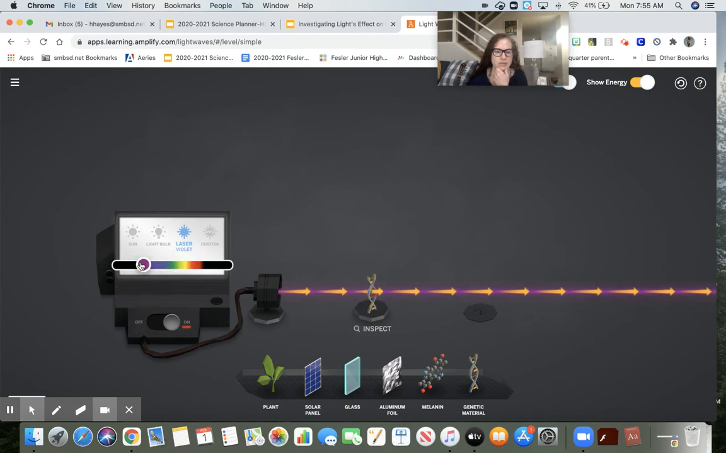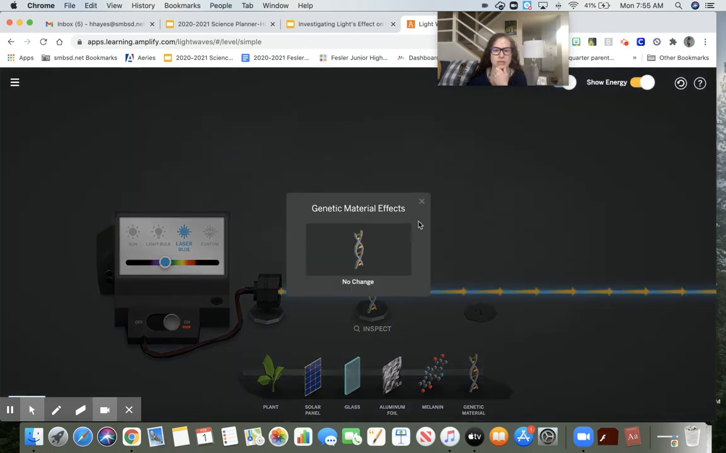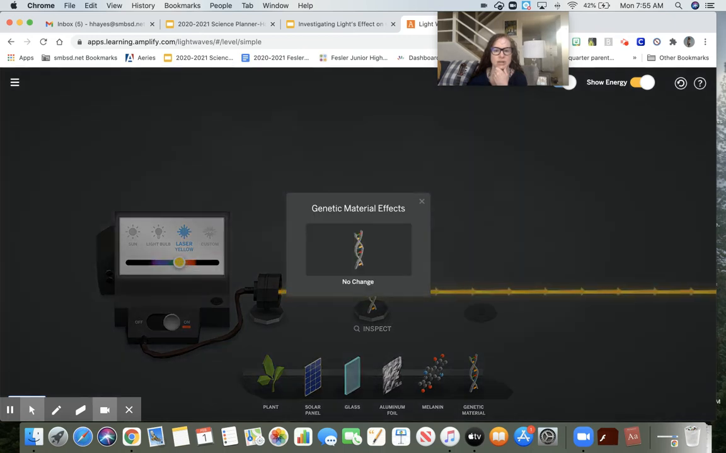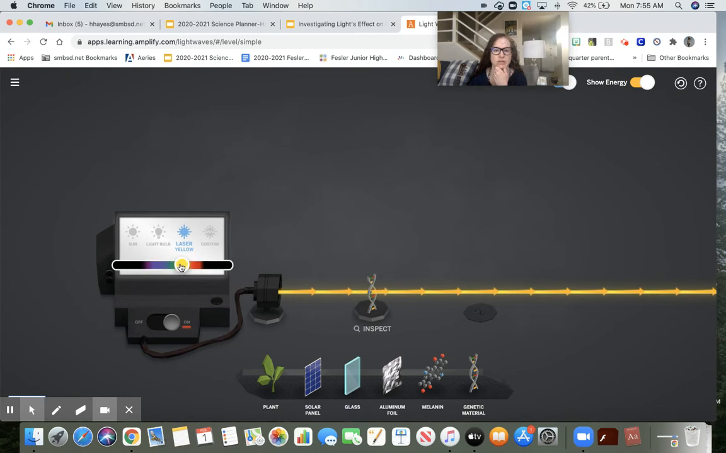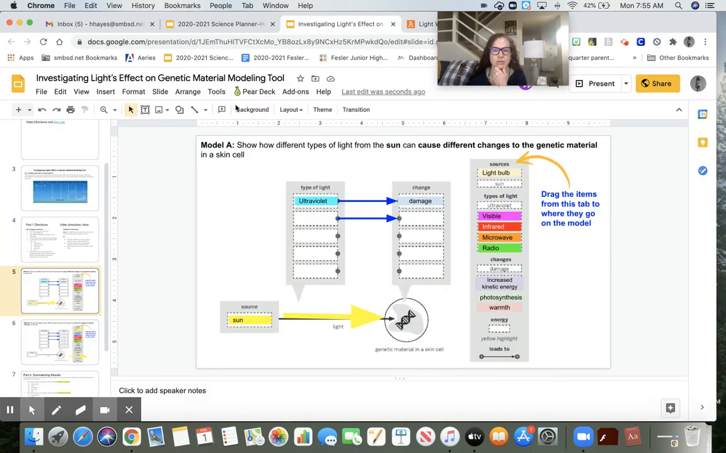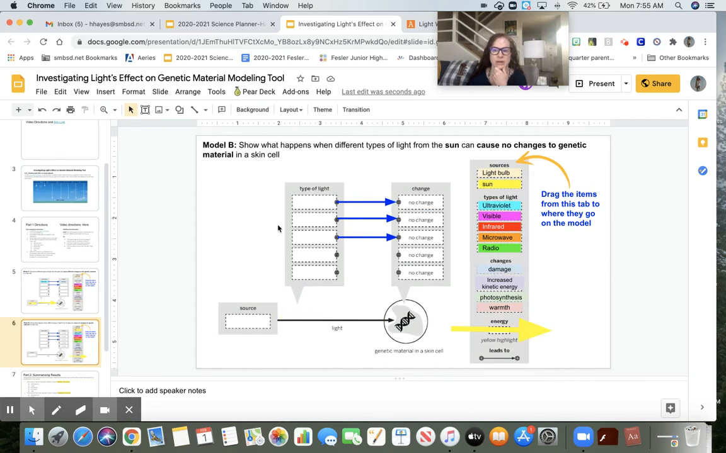Okay, now I'm in visible light. I could do any of these colors, so I'm just going to do blue. It doesn't matter. I'm going to press inspect. No change. If I do yellow just to check, no change. If I do red, orange, whatever, no change. So that's probably giving me a clue where to put visible light. Should I put it on model A, or would I put it over here? Probably over here where it had no change, because that's what we saw, right? So visible light,